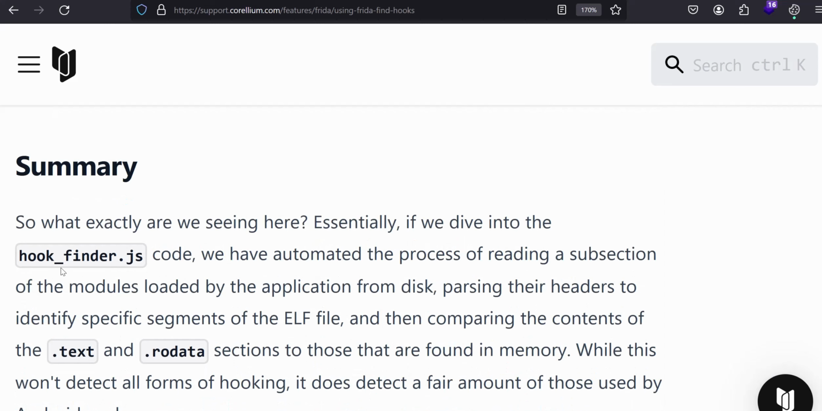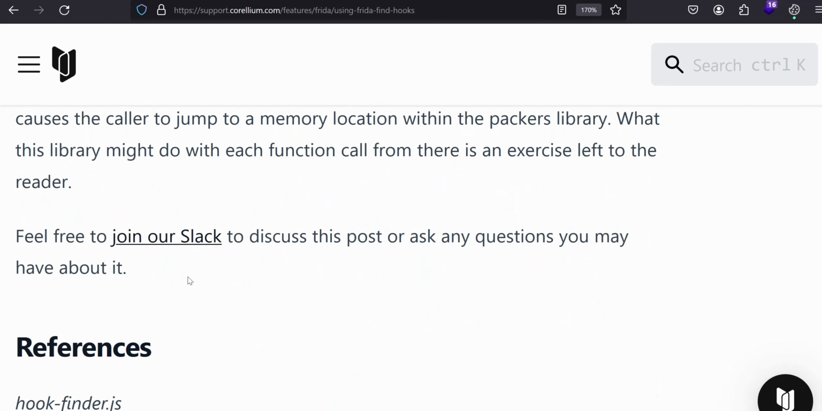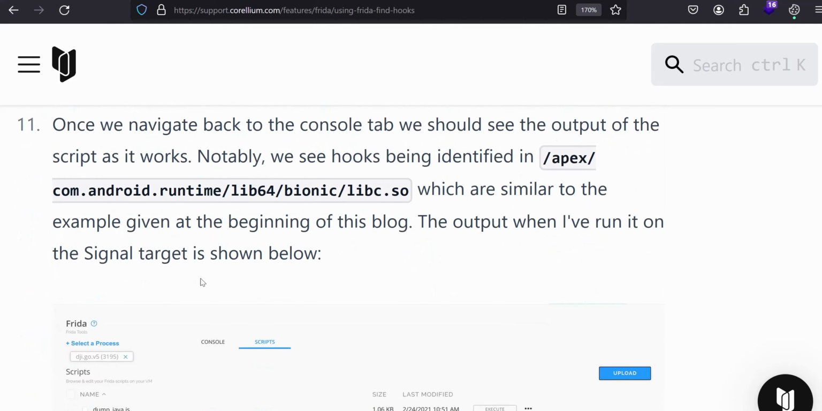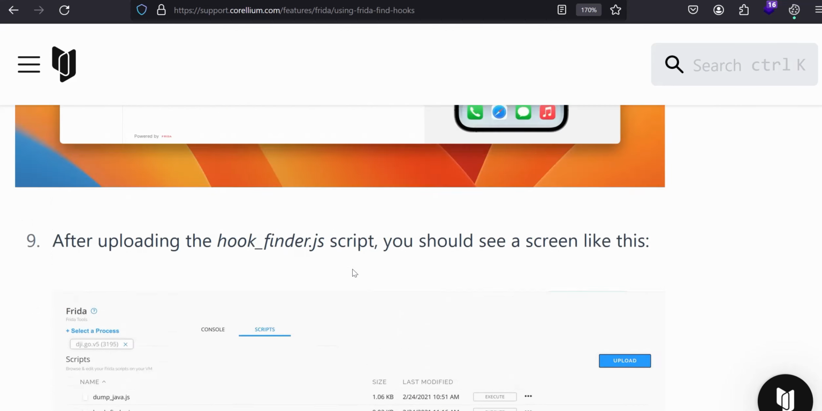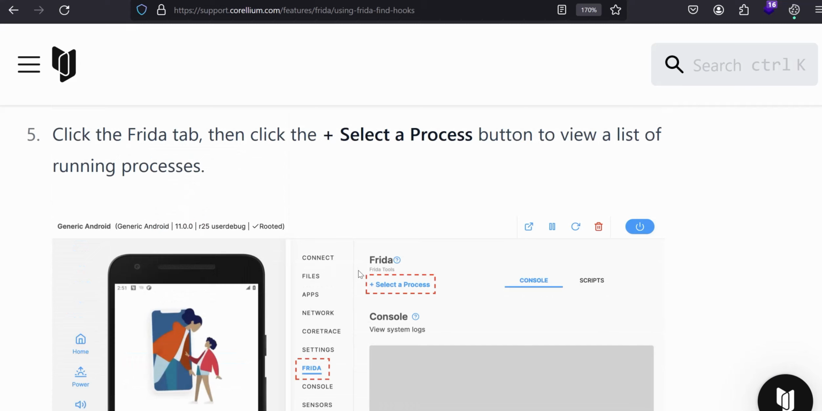Okay, so they have used hookfinder.js for their scripts. You can use anything for your purpose. So this is all about using Frida in Corellium. For objection, there won't be any bigger issue. Just use objection on your host machine. Frida server is already running in the Corellium virtual device itself. So it won't be a bigger problem for Android,